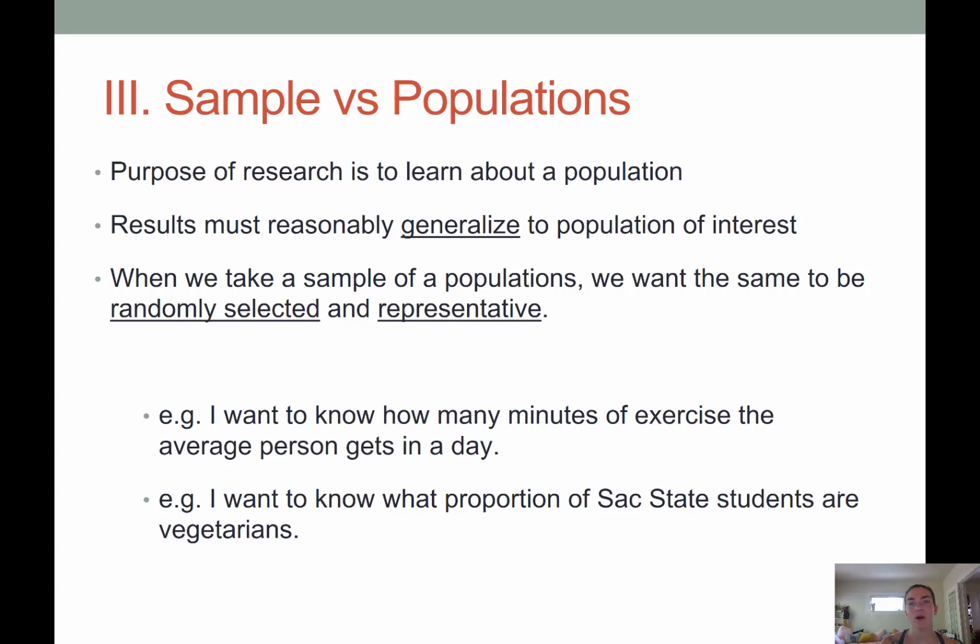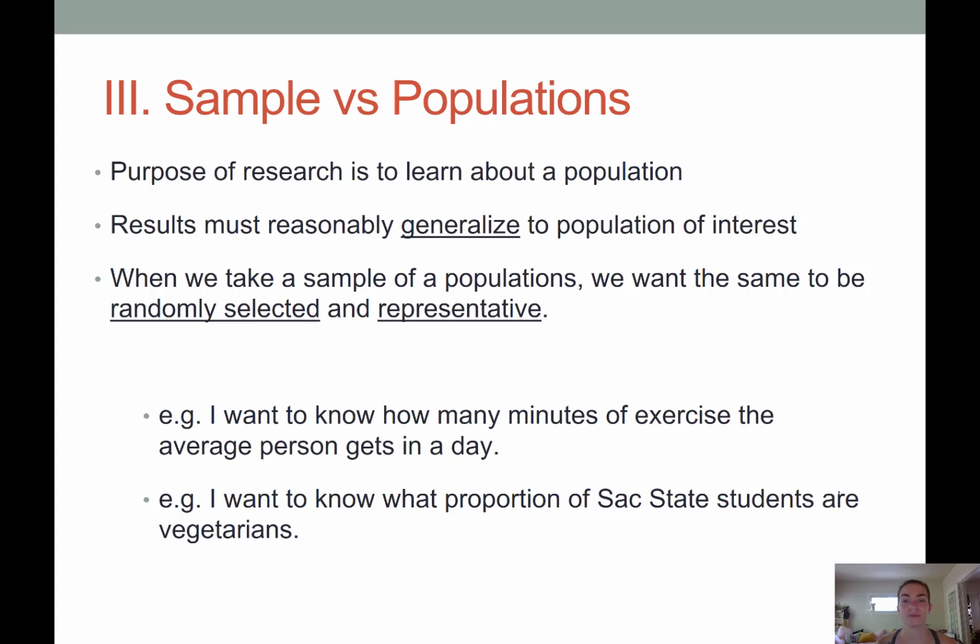So this is the part that relates to stirring the pot of beans before you take a spoonful to test. We want to make sure that we get a good generalizable sample, or a sample that is representative of the entire pot of beans, that we're not specifically only sampling from the top layer or reaching our spoon down and only getting a sample of beans from the bottom. We want a sample that's representative of the entire pot